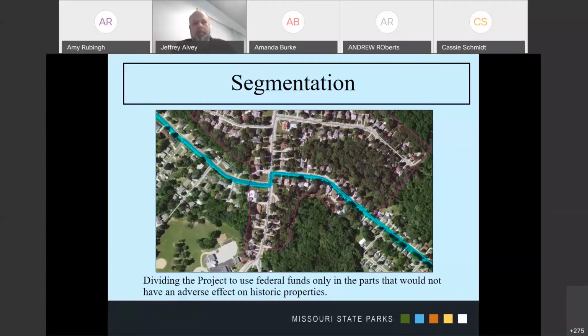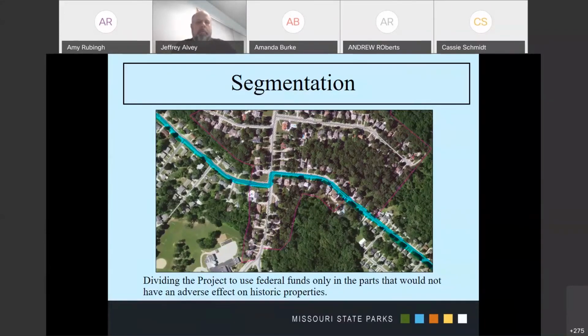So this is in Jeff City. This purple cross-hatched area represents the Moreau Drive National Register Historic District. This road project is going to go through this historic district. So basically what you can't do here, what would be segmentation if you did it, would be to say,